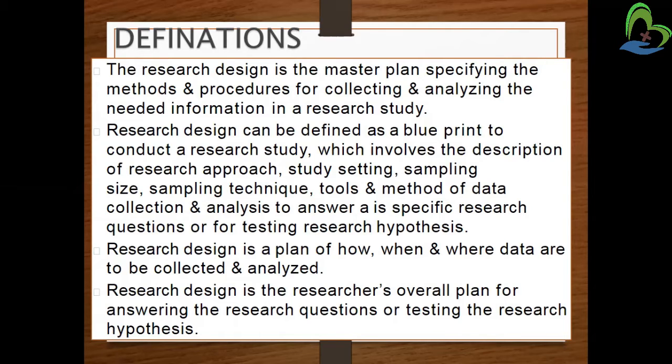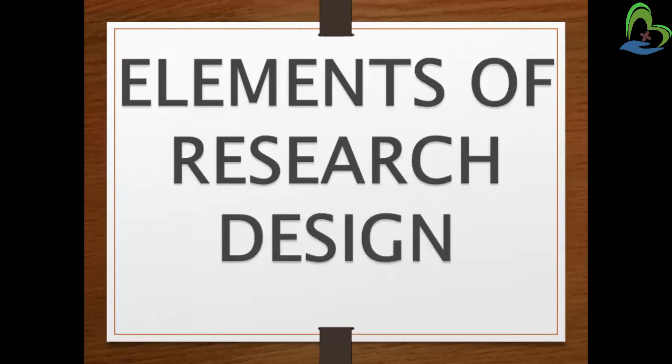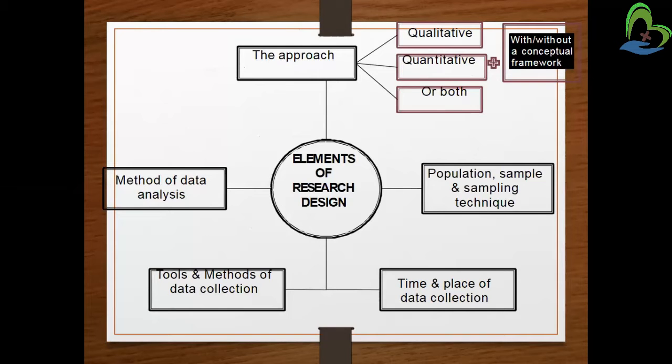Research design is again the same, where the researcher wants to do the study, where to do, when to do, how to do, on which people they want to do. So all these answers, and what problem he has with the particular interest area, what findings he wants, what solution he needs, will be addressed through the whole research study. What are the elements of research design? Okay, let's see. These are the elements of research design.